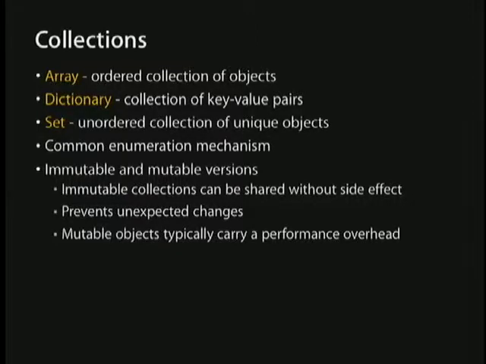All of these things have both mutable and immutable versions. The immutable ones are just like immutable NSStrings. You can allocate them with a predefined set of data, but you can't change it after the fact. The mutable ones, you can change as much as you want. The mutable collection classes do let you specify how big they are. You can specify 0, which will give you the same behavior as NSString, where they can grow unboundedly. If you specify a value for the size of how big it can be, it's actually going to stop at that size and throw an exception if you try and go beyond it.